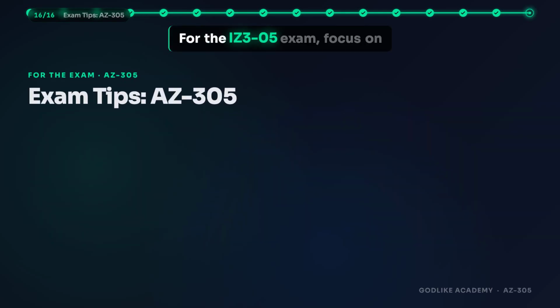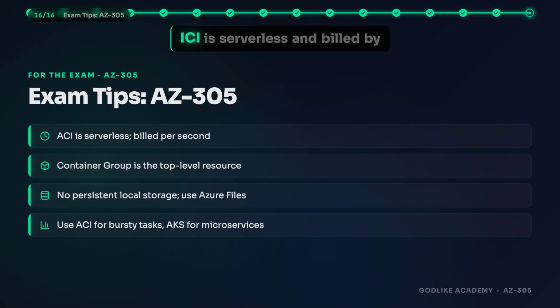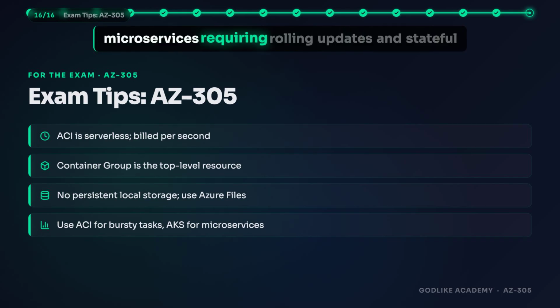For the AZ-305 exam, focus on critical distinctions. ACI is serverless and billed by the second, with container groups as the top-level resource featuring shared lifecycle and network. ACI lacks persistent local storage. You must use Azure Files for data retention. Select ACI for short-lived or bursty workloads, while choosing AKS for complex microservices requiring rolling updates and stateful management to